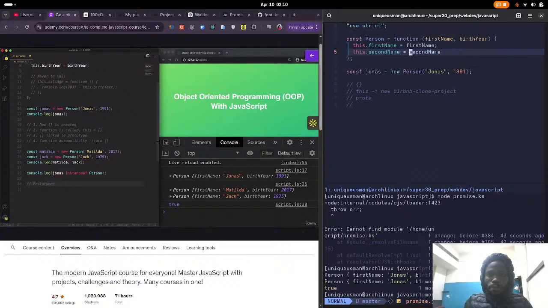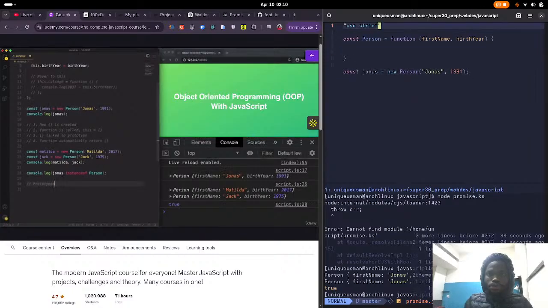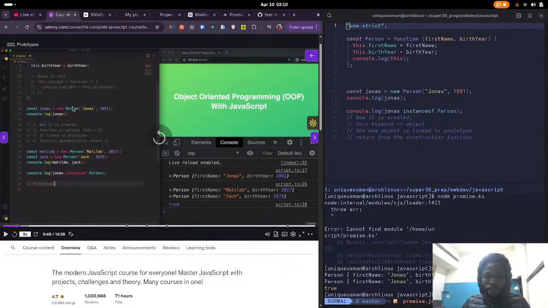So first, each and every function in JavaScript automatically has a property called prototype. And that includes, of course, constructor functions. Now, every object that's created by a certain constructor function